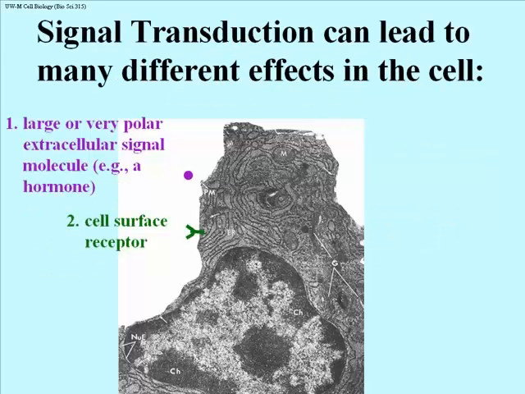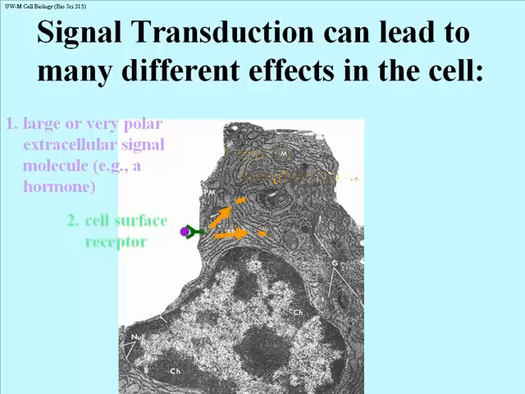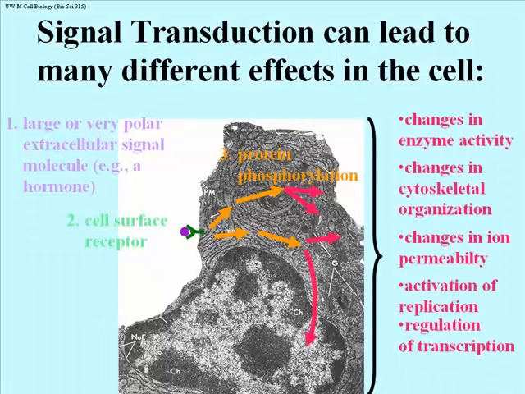Signal transduction produces many different effects in cells, from regulating enzyme activity to controlling gene expression. A large or polar signal molecule binds to the cell surface receptor, shown here. The cellular response includes the phosphorylation of proteins, and when activated by phosphorylation, these proteins are responsible for a variety